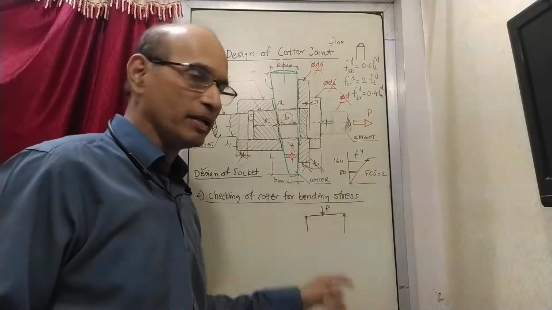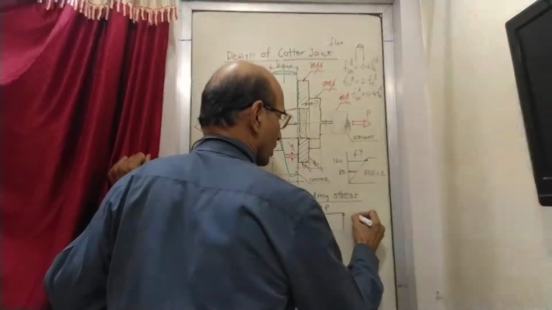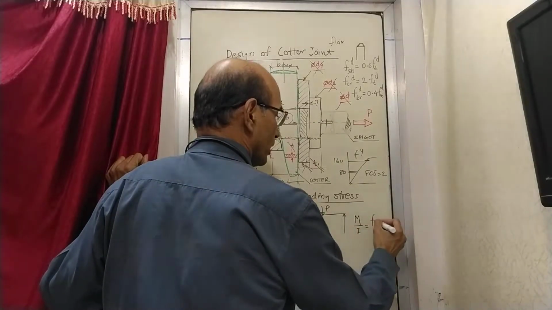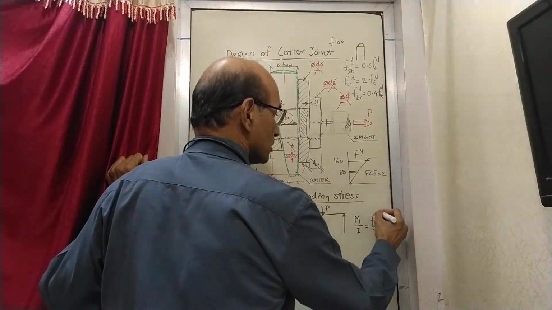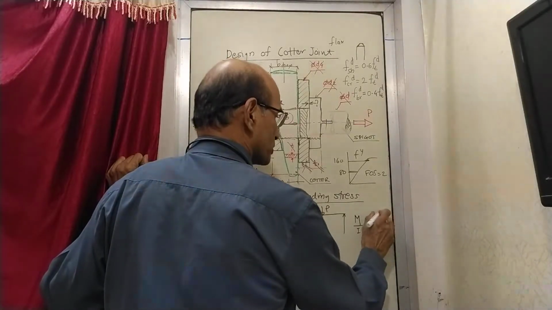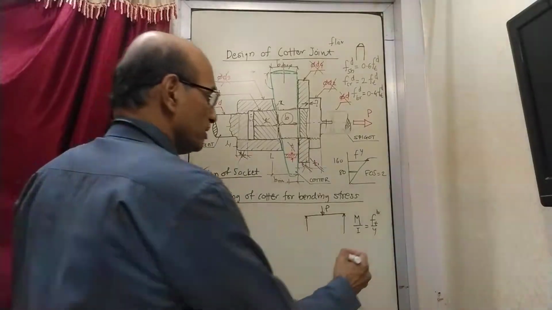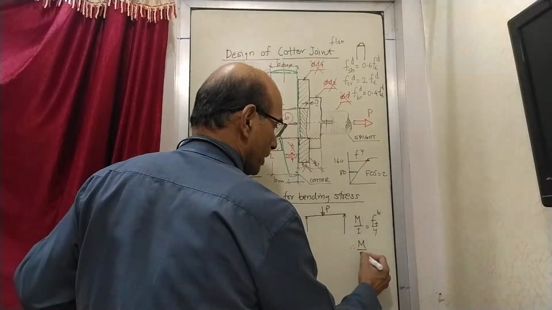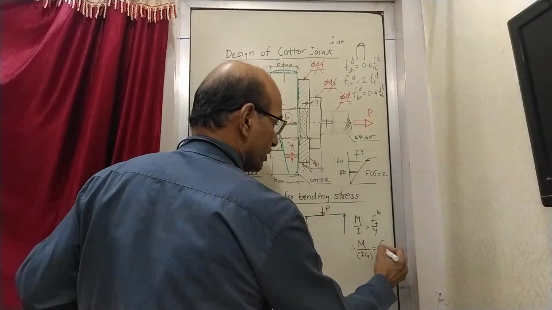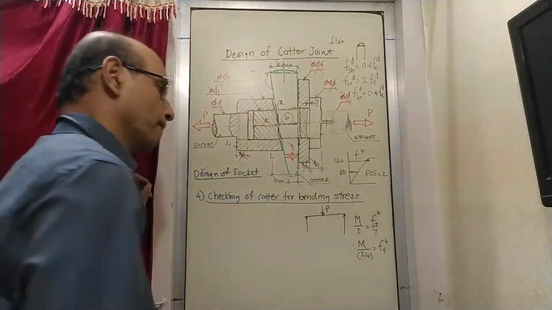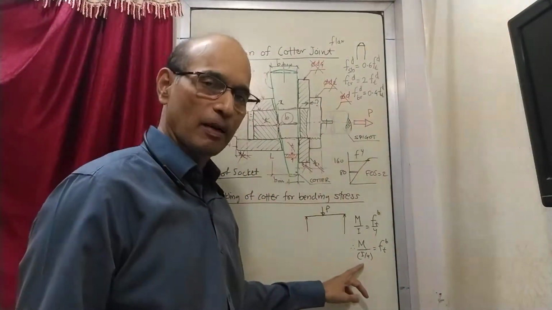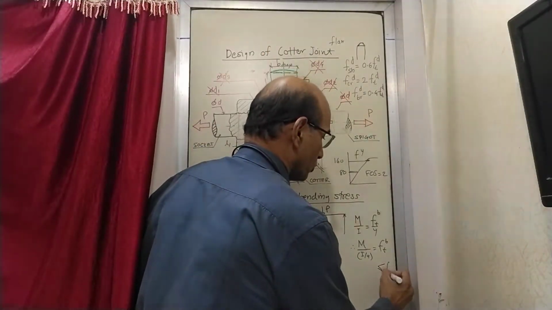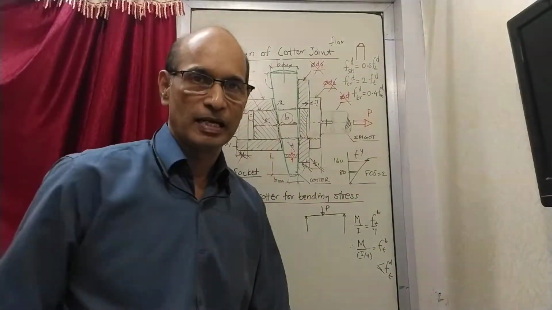Now that bending stress is given by what? As you have already known earlier, moment. We have written this formula earlier, M upon I equal to F upon Y, where this F is the bending stress. It is maybe tensile bending stress right here. And then when you bring Y here, it becomes M upon I by Y is equal to Ft bending. So moment upon this parameter is equal to bending stress, and this bending stress we want to be equal to or less than the design stress, design tensile stress.